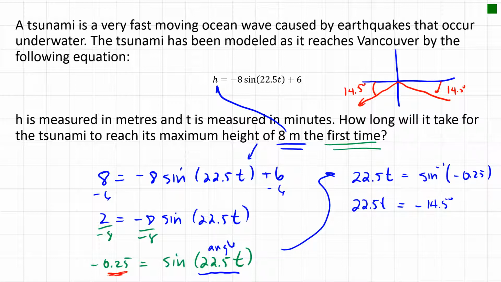So the first time the wave is going to hit 8 meters is in quadrant 3. So I'm looking for this solution for this problem. So that's angle theta, so 22.5 times t actually equals 180 plus 14.5, because I'm measuring in standard position. So 22.5 t equals